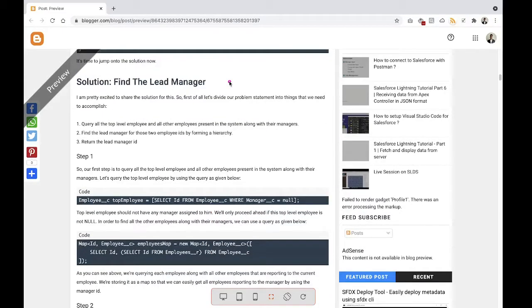In this video, we are mainly going to focus on how we can construct a tree of employee IDs so that we can find the lead manager out of those employees. So let's see, in order to construct a tree, what should be the first step? The first step is to find out the topmost employee in the employee records that we have inside Salesforce. I already told you earlier that I have an employee object in Salesforce. It has a manager field as well. And in case I want to find out the topmost employee in the hierarchy,